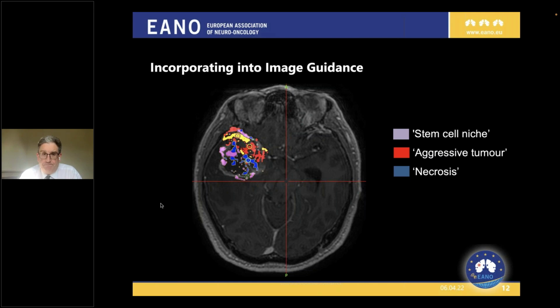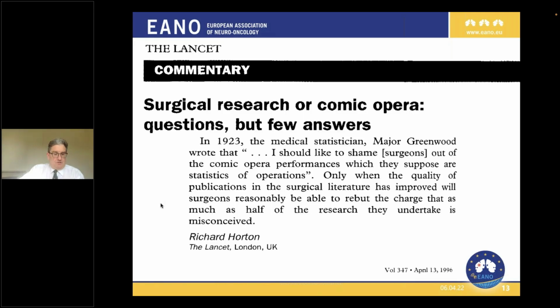Okay, so let's move on now to the other part I wanted to talk about, which is the bulk of my talk, which is about surgical research itself. And this